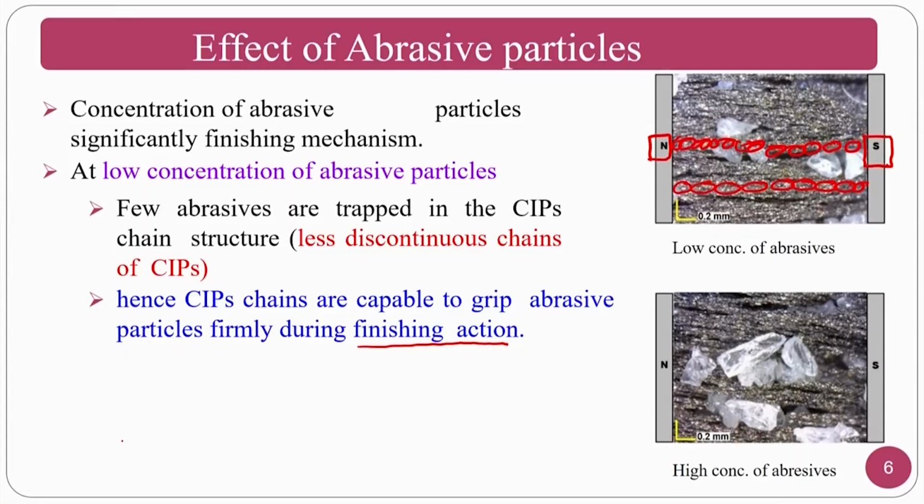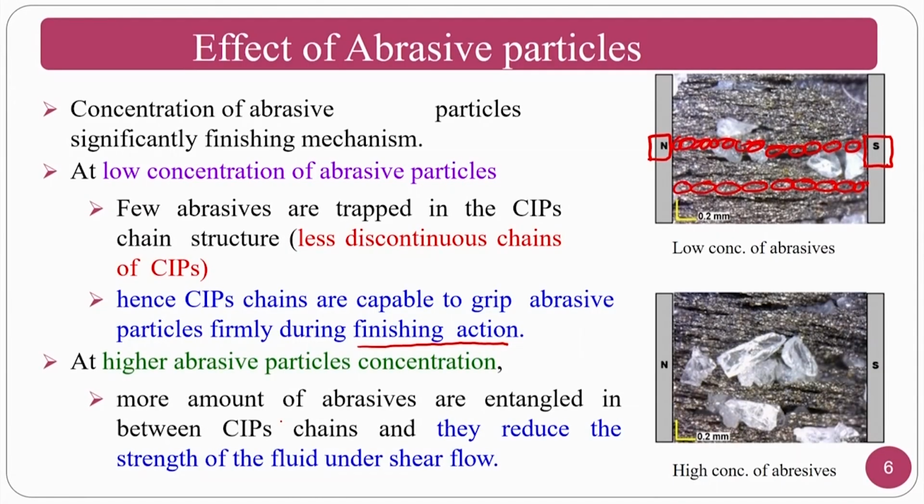very good. If you have a higher concentration of abrasive particles, what is going to happen is that more abrasive particles are entangled between the CIP chains, that is, carbonyl iron particle chains. They reduce the strength of the fluid under the shear flow action. That means that